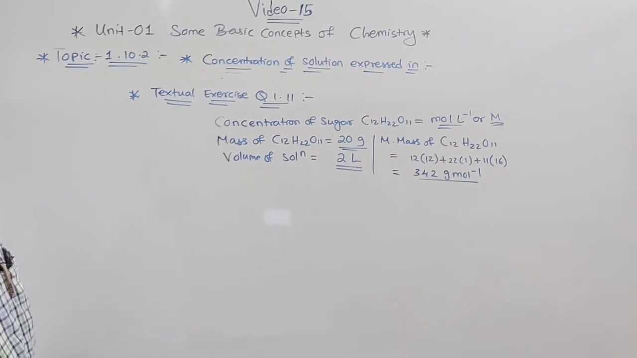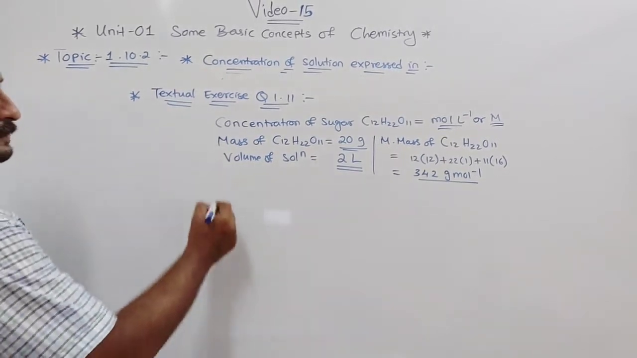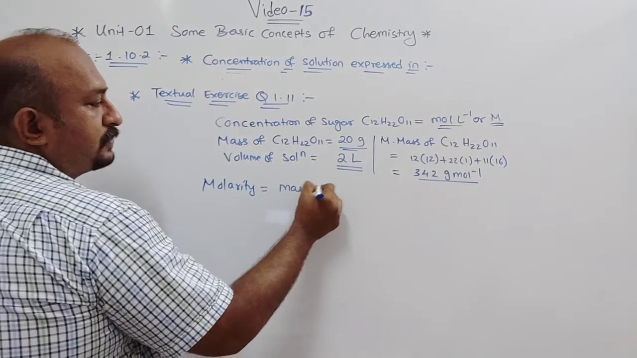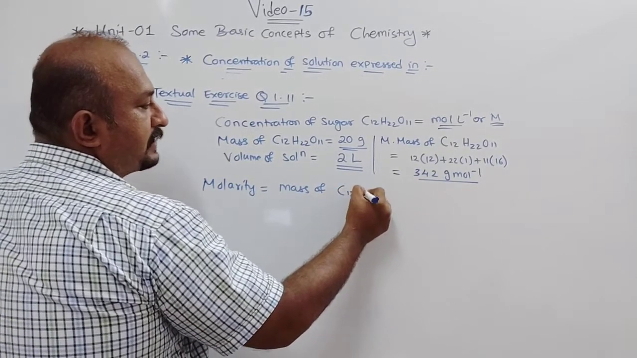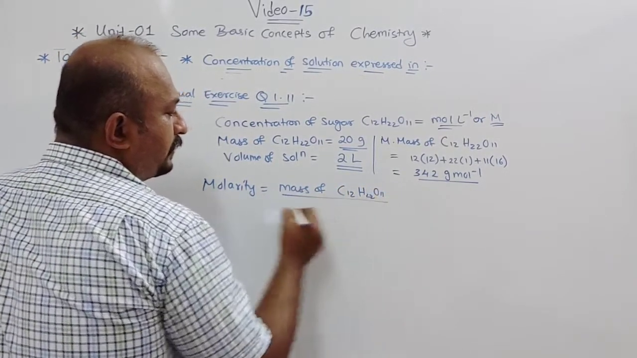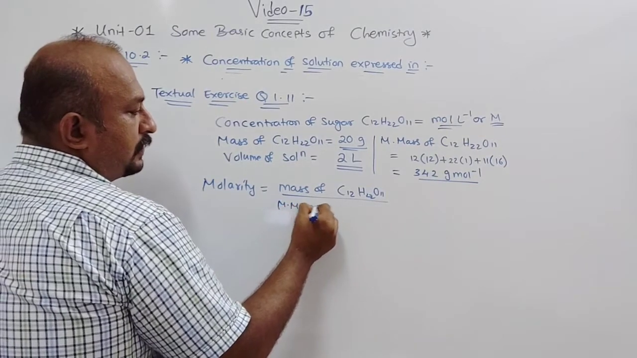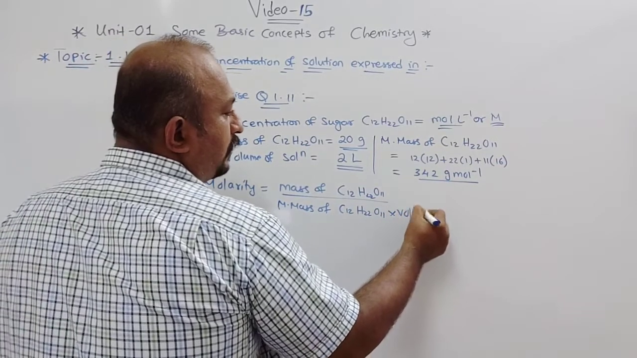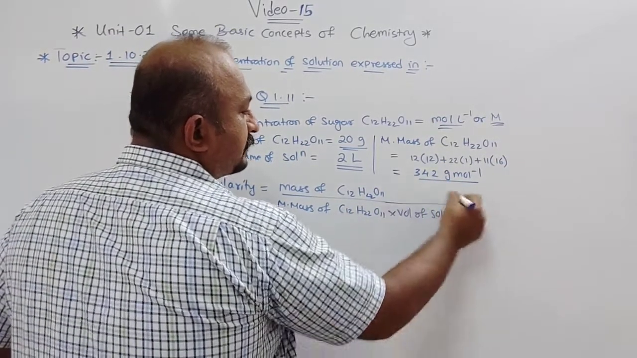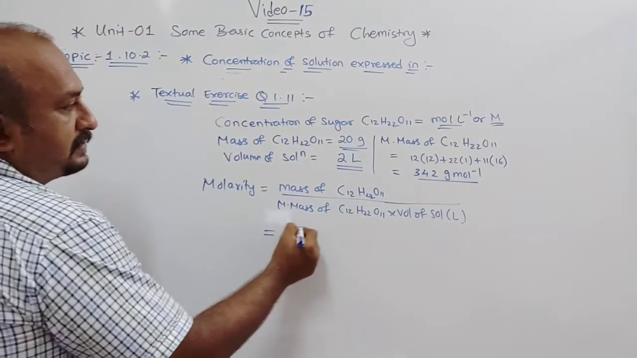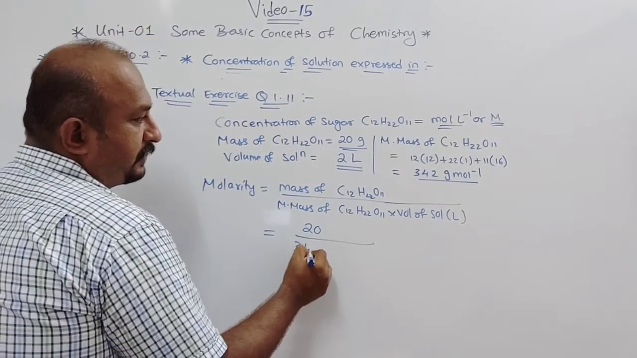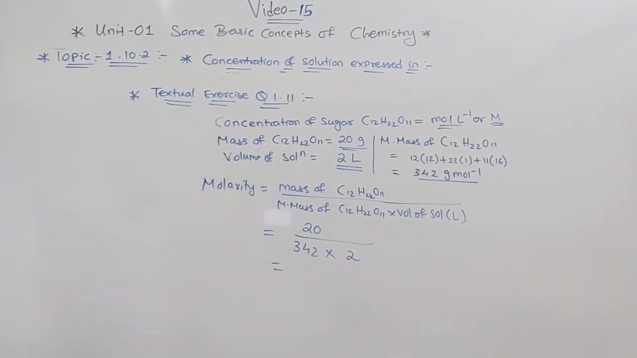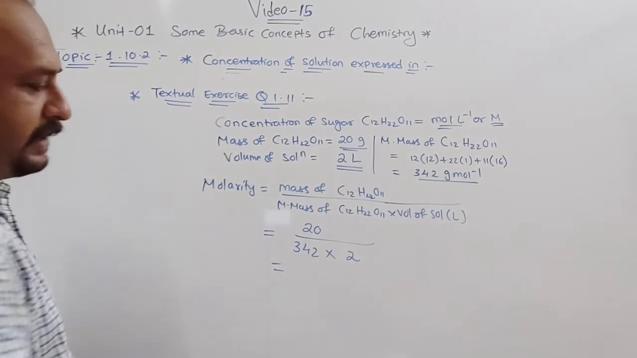Understood? Now we will find out the molarity. Molarity is equal to the mass of sugar, that is the solute, C12H22O11, upon the molar mass of C12H22O11 into the volume of solution in liter. So that is 20 divided by 342 into 2. If you do this, you will get